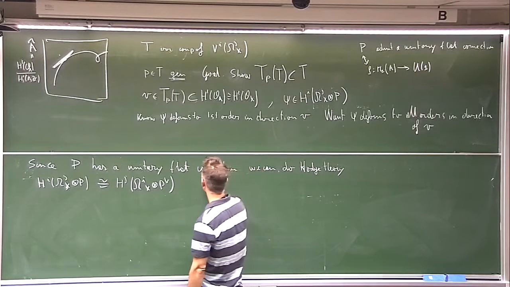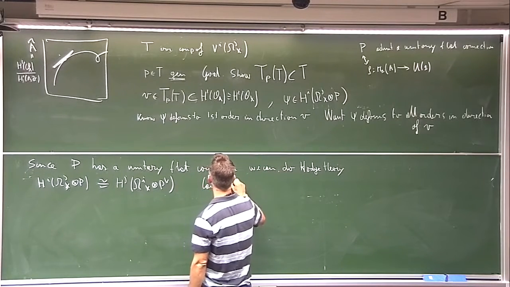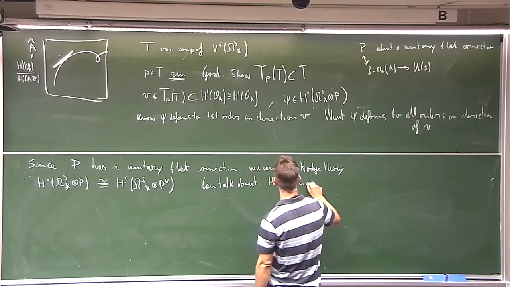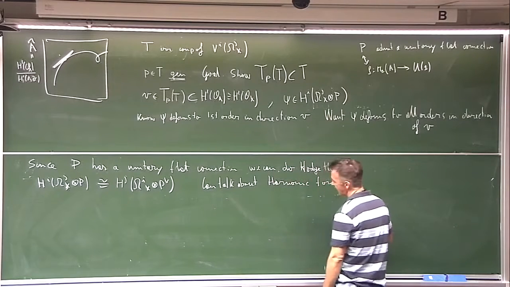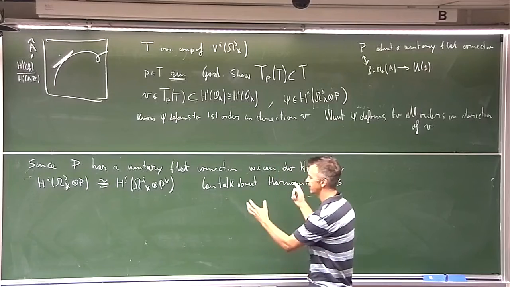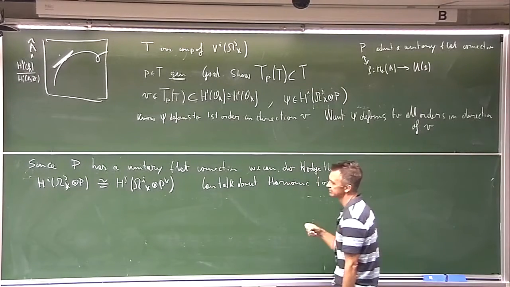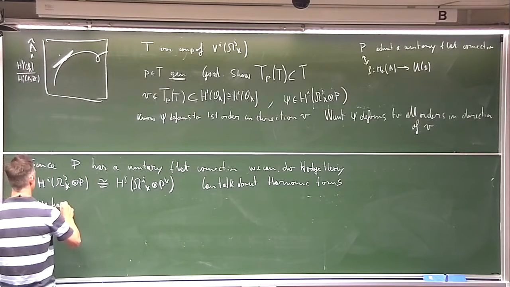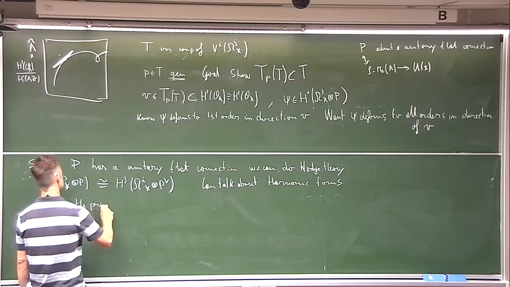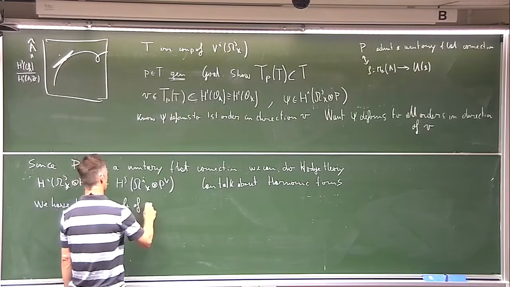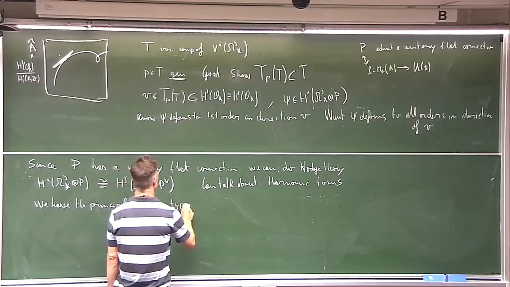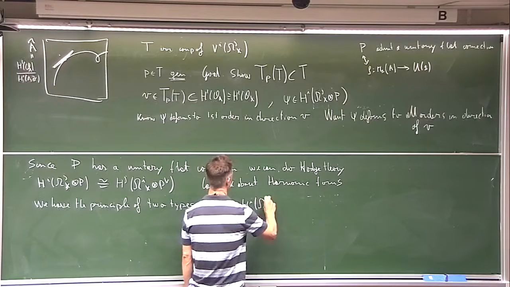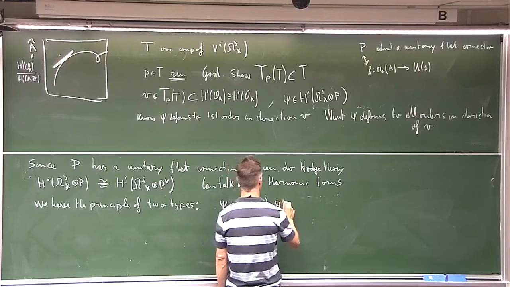And so we can talk about harmonic forms. And so everything from the usual Hodge theory holds, and in particular you also have the principle of two types, which I will use in a second. So we have the principle of two types. So what does it say? Suppose that I have some form ψ in H^I(Ω^J(X) ⊗ P), which is